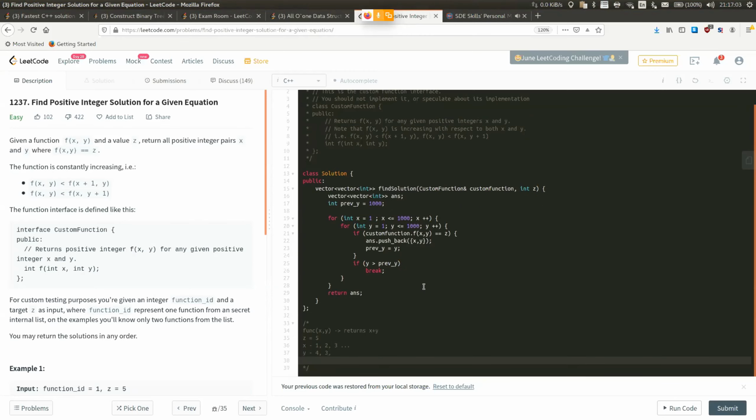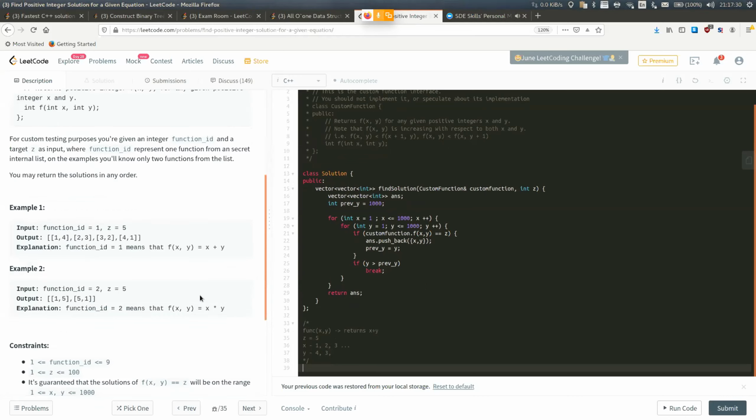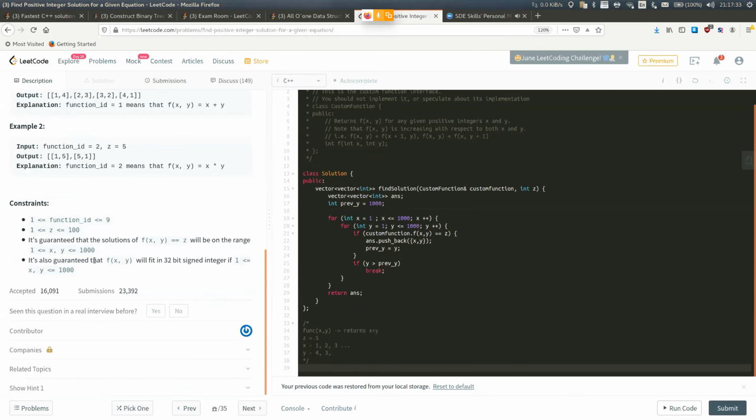Oh, so this is an optimization you have done. So actually it's not going to take more time in these loops, right? Yeah, but still it will be n square only, I'm assuming. That's fine, makes sense. The other use of this information I can think of is that all the values of x and y above 100 are useless. Z is only 100, right? So we cannot have an increasing function. I just thought of this.